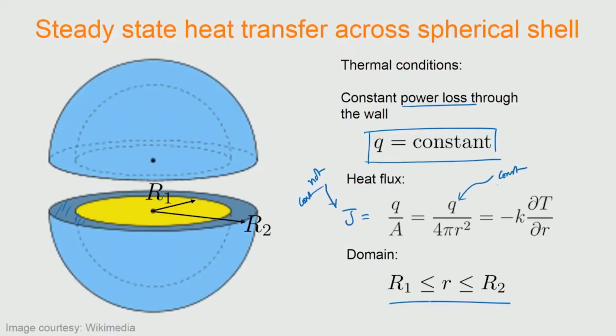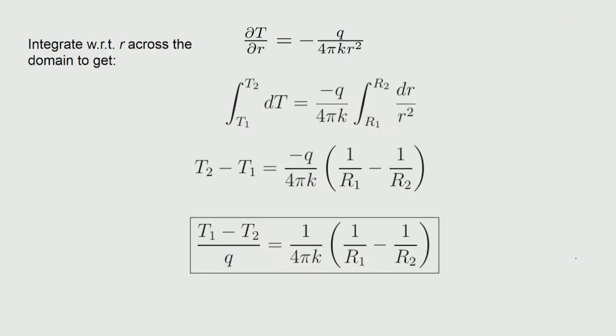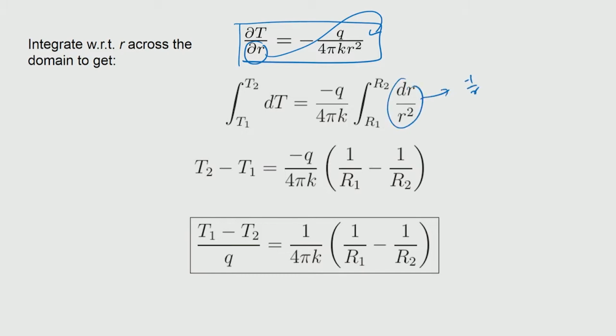So, what we do is we take this equation, we take the Q to the other side, and then we integrate. The dr is taken to the other side, and we can immediately integrate. Now, when we integrate we get 1 by r, because you have dr by r square. So, this should give us 1 by r with a minus sign, and therefore,